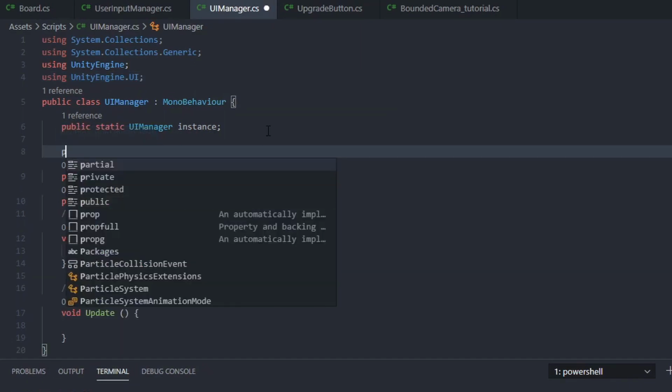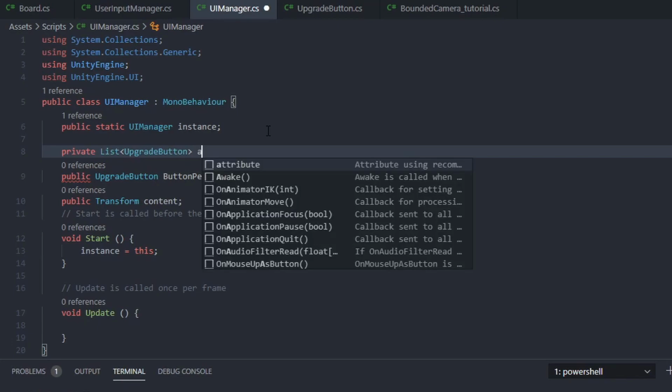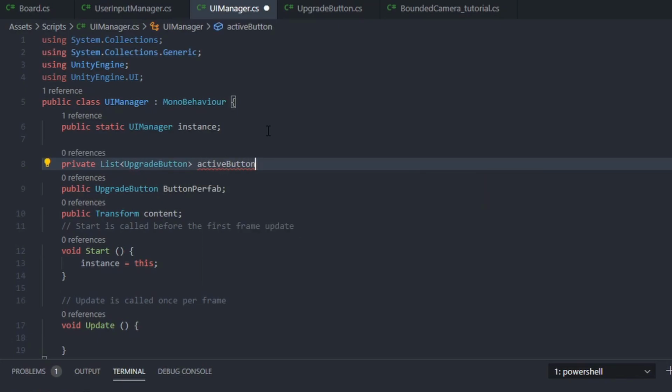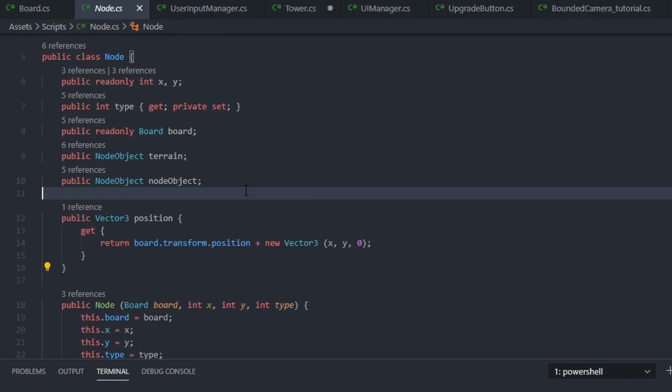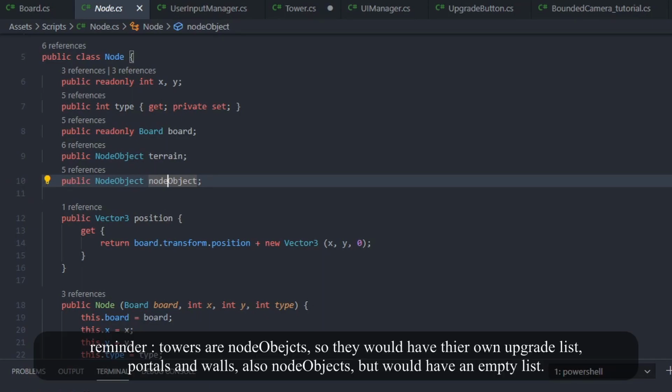I would also want to have a private list of all the upgrade buttons we already have. So let's call it active buttons or simply buttons. Each time we generate new buttons, we first of all go over all the buttons in here, disable them, and take the first ones. If we need 5 buttons, we take the first 5, and if there are only 3 in here, we just create 2 more, but we always reuse the same buttons. When we press on a node, we want to get the node object, and if there is one, we try to retrieve the upgrades from it, and if they're known, we simply take it from the